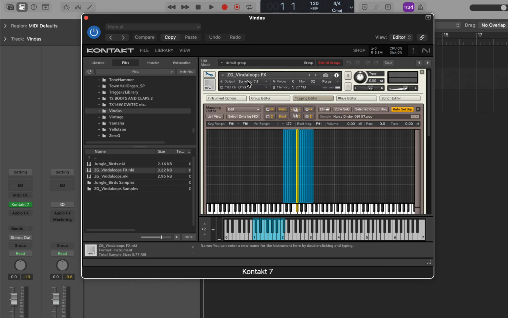I made this one myself. I didn't make the actual loops myself. They were made by a company called 0G, and the name of the library is Vinda Loops. And you hear it an awful lot, especially if you listen to what's called Punjabi music, or sometimes called Bhangra, which is a kind of hybrid fusion of traditional Indian rhythmic music with kind of more pop